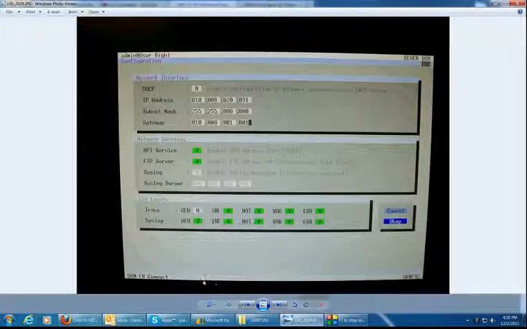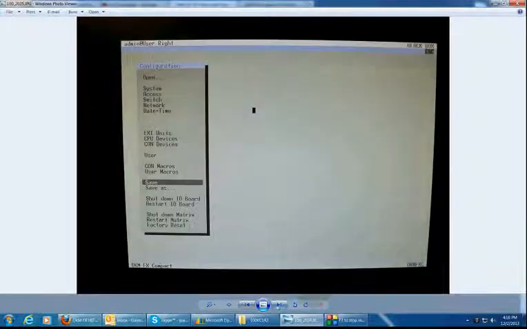When you press enter, you'll see some text on the bottom saying updating configuration. At this point, you can go back to the main configuration screen if you're not there already. Once you save the network settings, you may have to press escape once to go back to this page. In order to save your network configuration, scroll down to the save option and press enter. You'll see a notification at the bottom stating that the configuration is currently being saved.